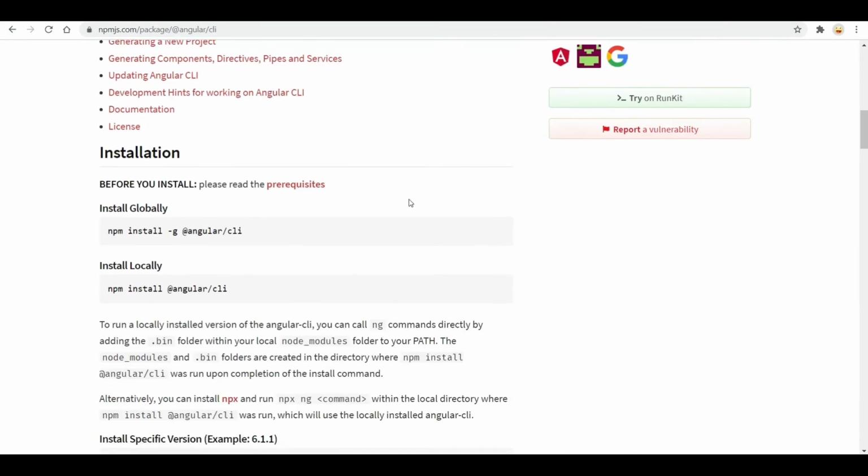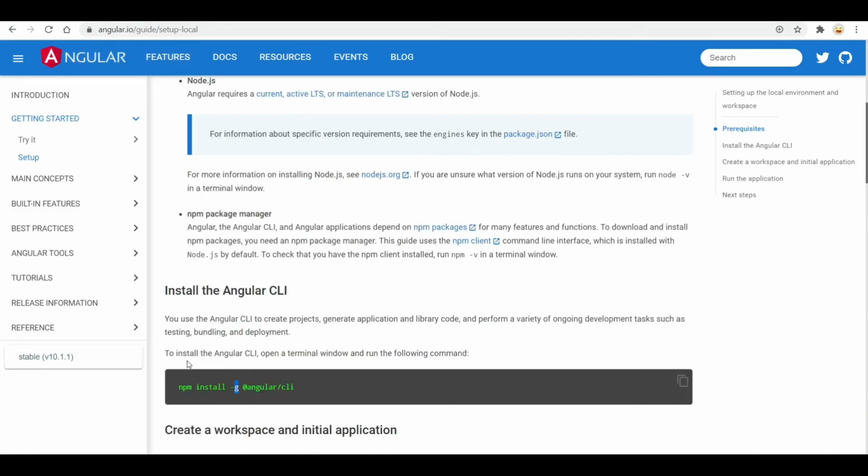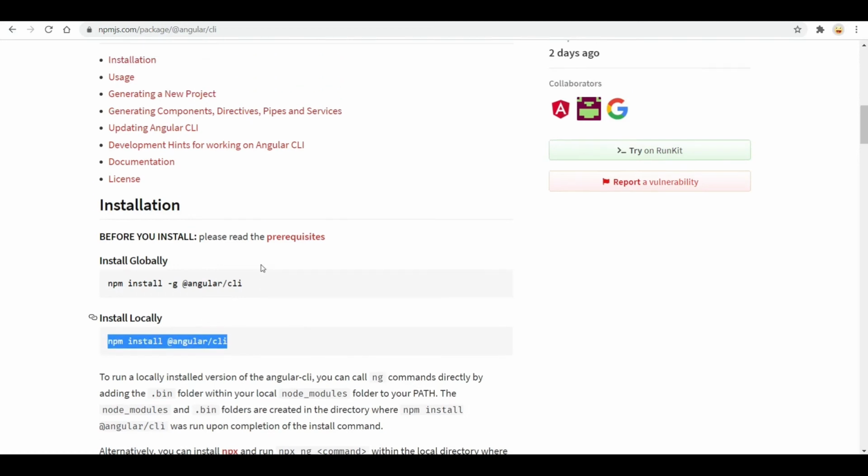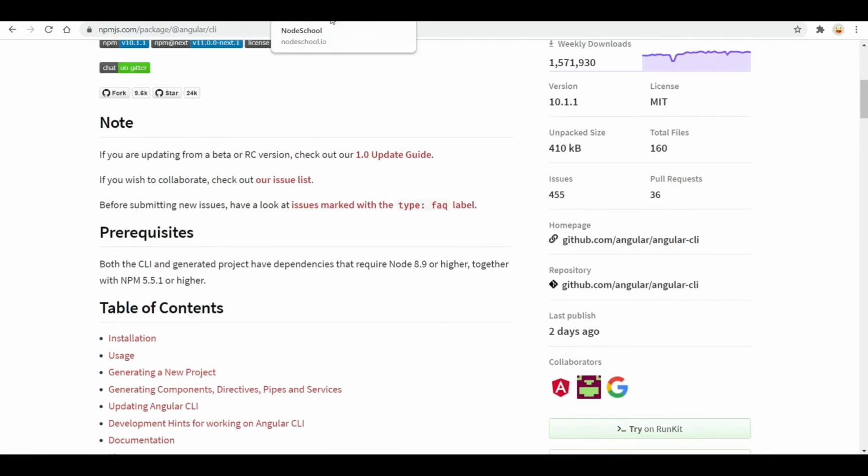And like I said, you can install it globally or locally. So locally means in a particular directory or in a particular folder, you are installing a particular version. And if you want to install another version, you have to make sure the node version and the npm version, the minimum version, is available for that Angular version, and you can install other versions of Angular locally. And we will use nvm in future to install other node versions, to use with different Angular projects.